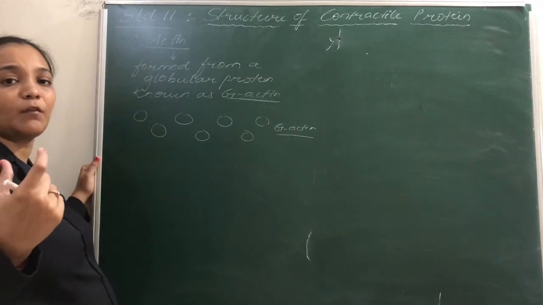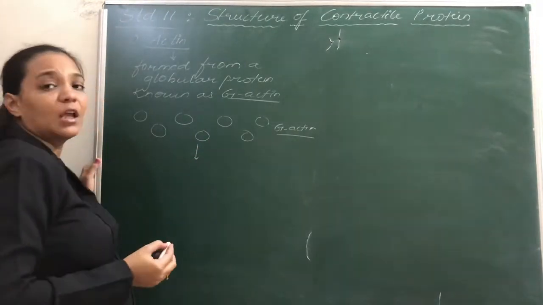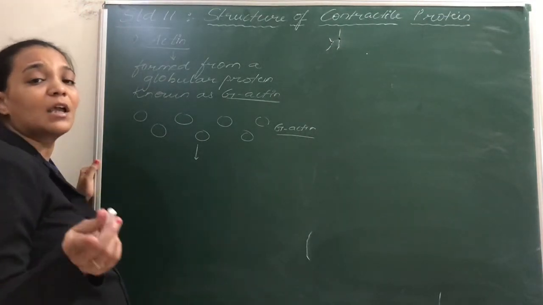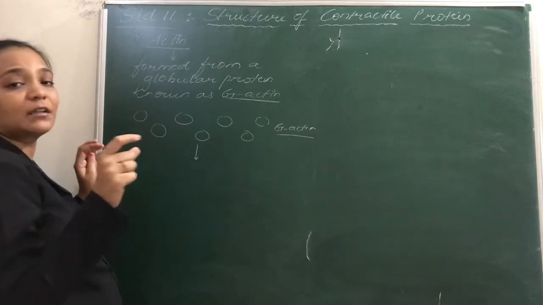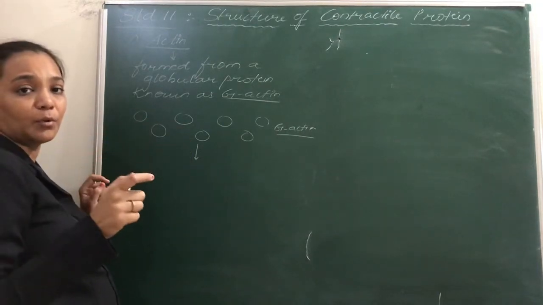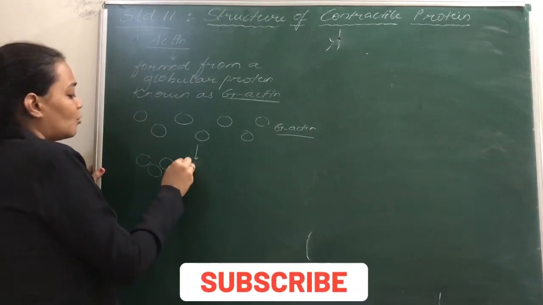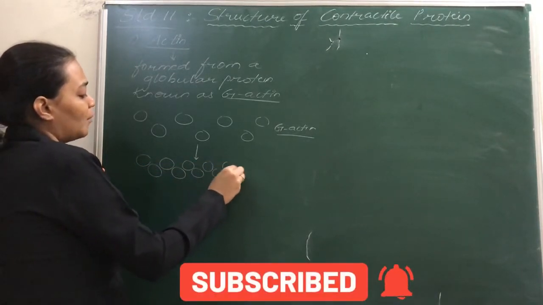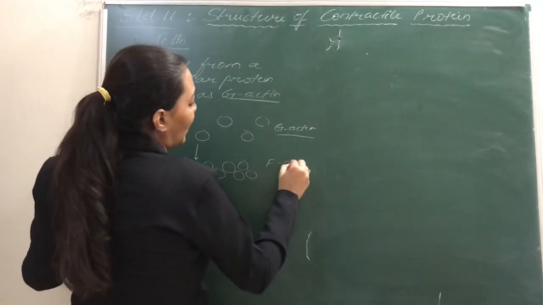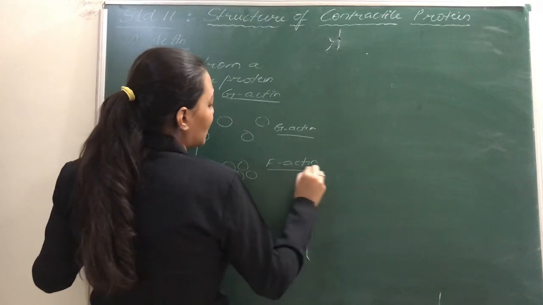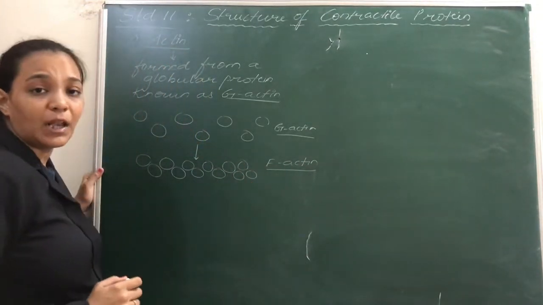Okay, what is its conformation? Spherical. Now this globular protein in the presence of magnesium gets united again. The G-actin is actually in the form of distinct units, but it is going to aggregate to form an elongated chain-like structure, and this is known as F-actin. F-actin means filamentous actin. It will appear like a filament.